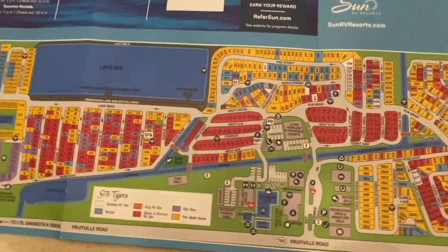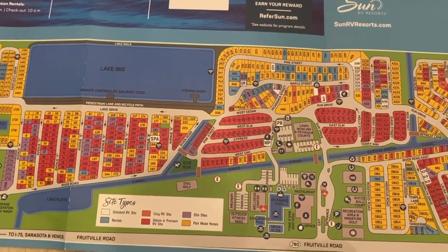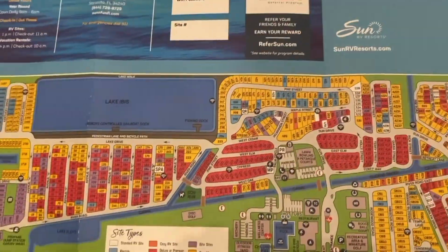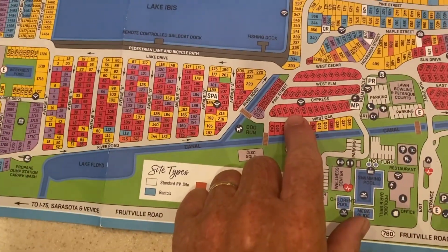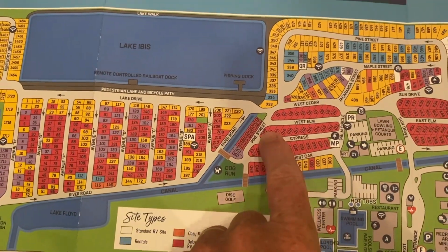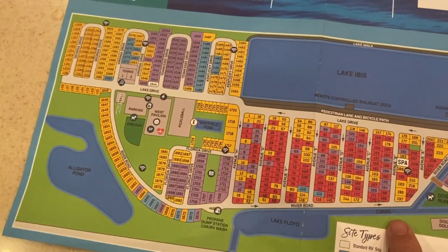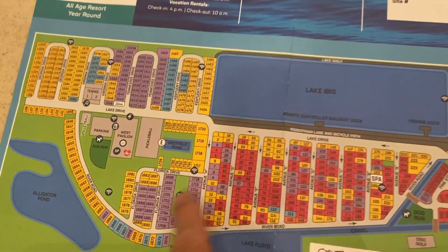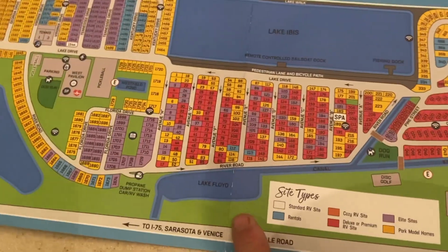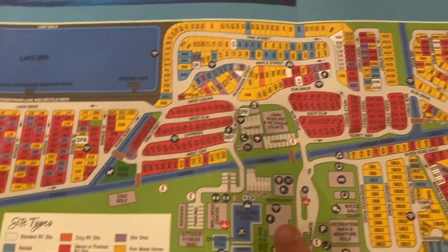Okay, before we start our ride, there's no way we're gonna cover all this area. And so it'd be kind of nice for you guys to see a map or layout of where we are. Right now we're in Q26, which is right here. And remember, each one of these things are RV sites, so they could potentially have an RV at them. And then you have all this space over here beside us with this Lake Ibis, with this alligator pond, which we haven't visited, Lake Ford, a canal, and then you get over to this area here, which we were at